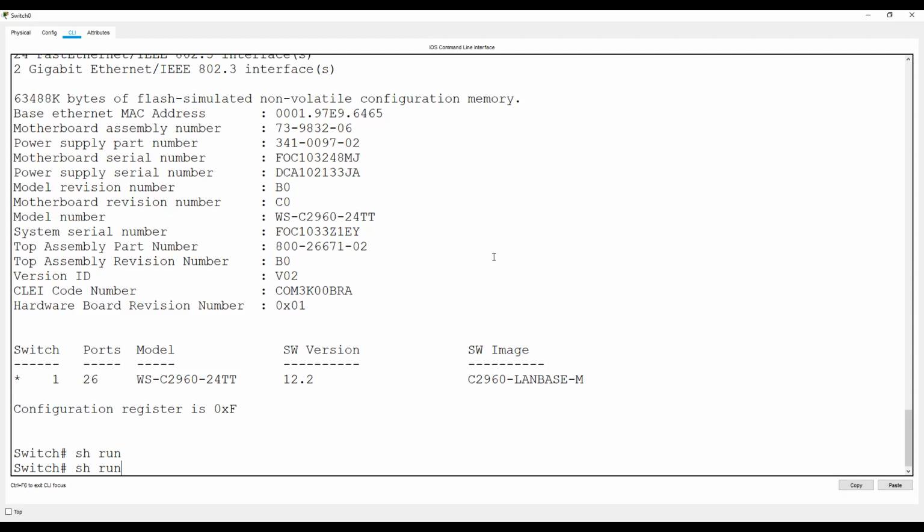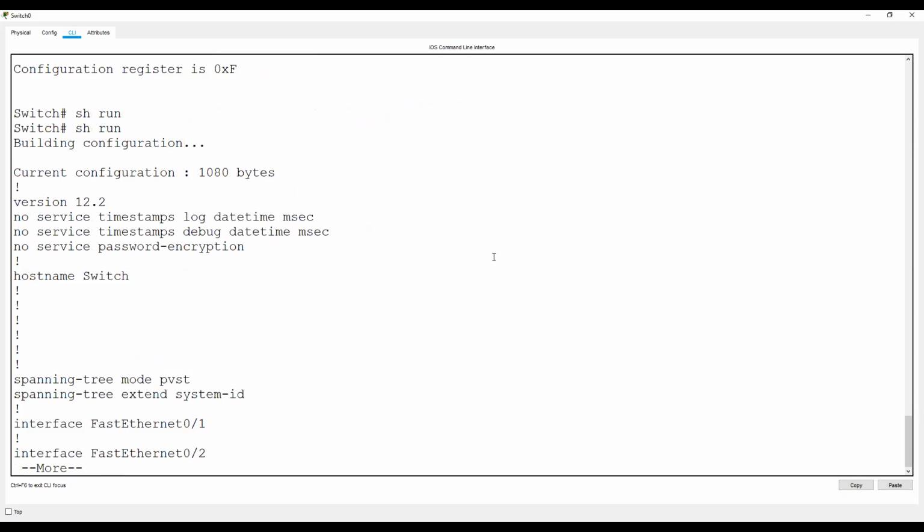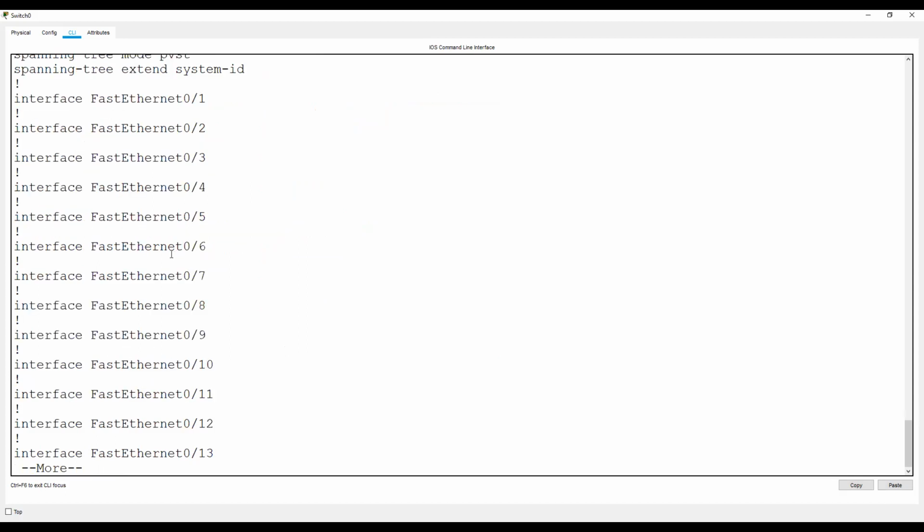And to see the running configuration, show run is the command. That running configuration will reflect changes during the working hours. Any changes which you make will be displayed in the show running config. For example, let's say if I put show run, you can see the name of the switch. The hostname is called switch. Then you have